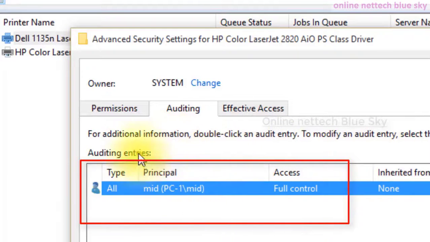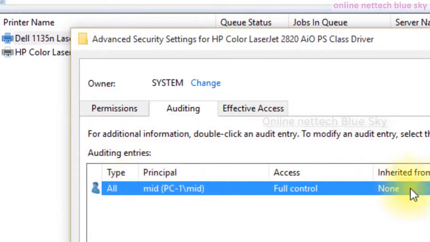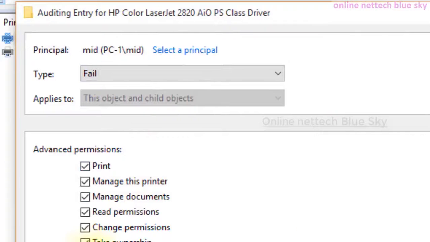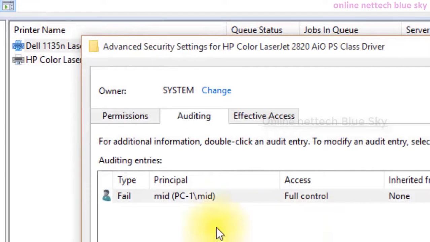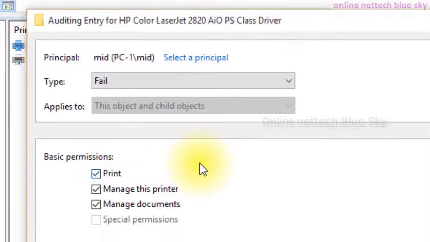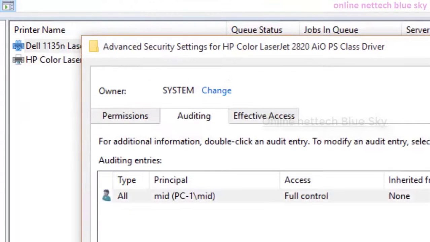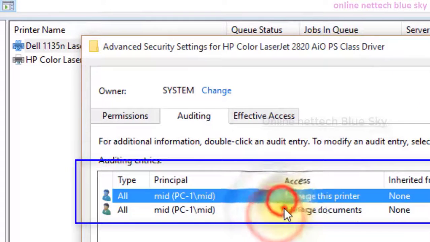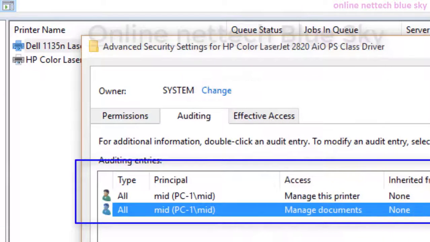So all I give of permission means this user is given permission to give a printing printer to print a document. So success, at that time automatically gives permission in your event viewer. So I have already selected fail here. So fail means sometimes there is an error and it fails. So only failed documents are given here, and all means fail and success, both pieces of information are sent to my event viewer systems here. So event viewer is one type of information, and watch my previous event viewer video. So both you can add here in the system, okay.